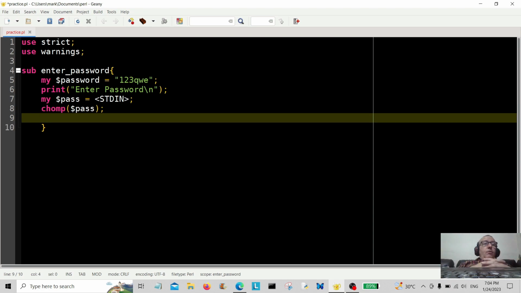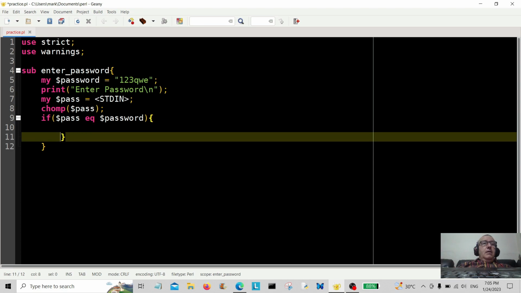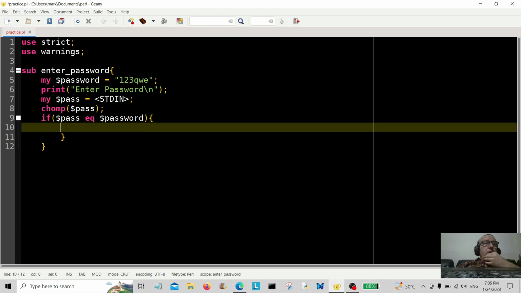Okay, now we're coming to the conditional. So if scalar pass is equal to scalar password, we're going to do something. So if the entry, which is the scalar pass here, is equal to the password, we're simply going to print the user a message called